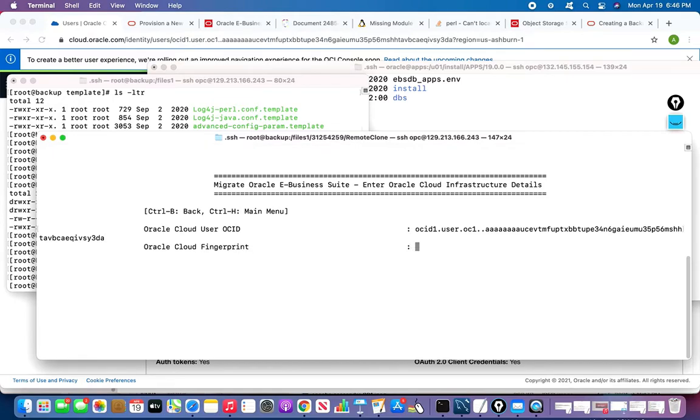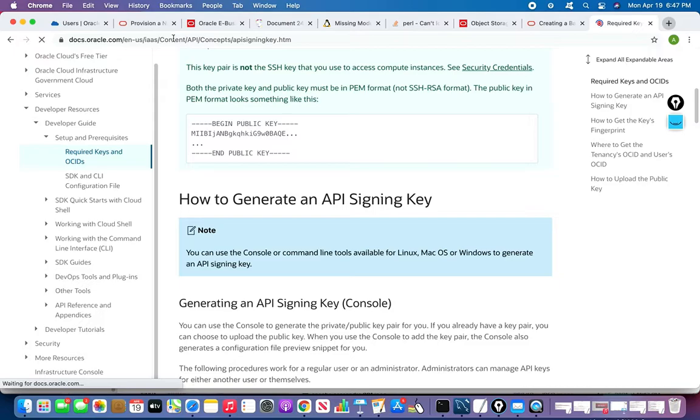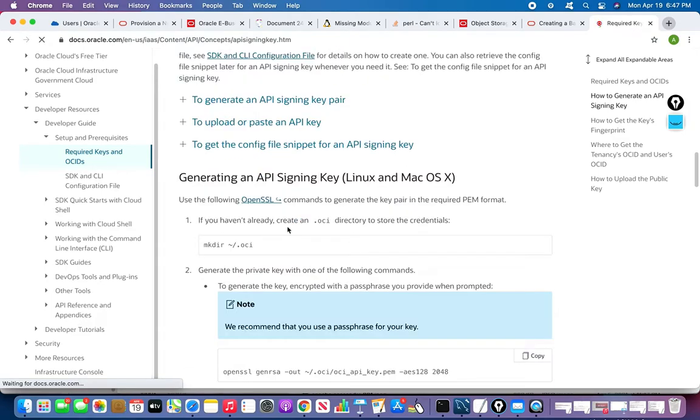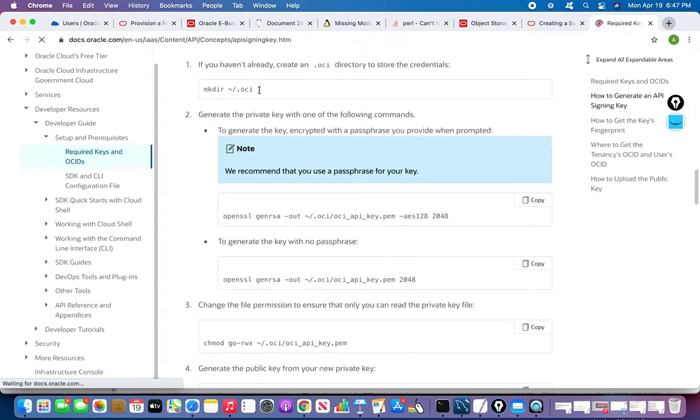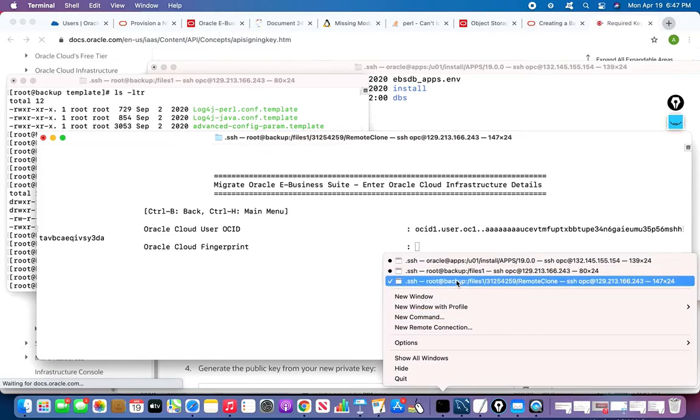Say Oracle Cloud fingerprint. For these things I have to do some kind of steps. How to get the fingerprint? Now you can see this is the Oracle document itself. So if I scroll down, there is generating an API signing key. Okay, what it says, you have to go to the app server. Okay, so I'll go to the